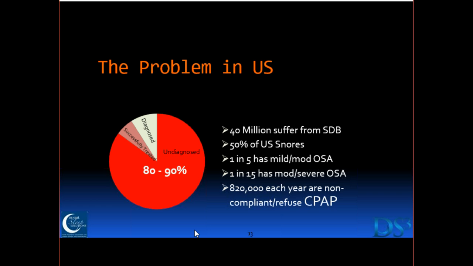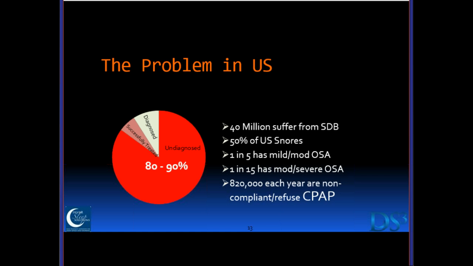There's literally 1 million people in the United States every year who get a sleep test, understand they have sleep apnea, are prescribed CPAP, and will not use it. So even if we just picked up the crumbs, there's a whole lot of this out there for all of us. As you start this screening process and look for these patients in your practice, you need to understand that you're going to uncover a lot of people who have already been diagnosed, but the majority of them have not, and it's millions of people.